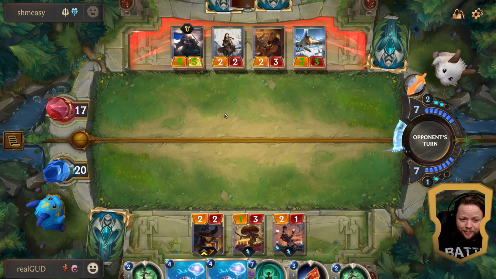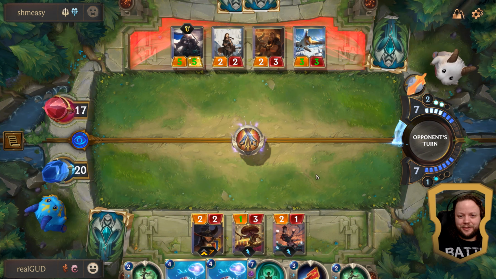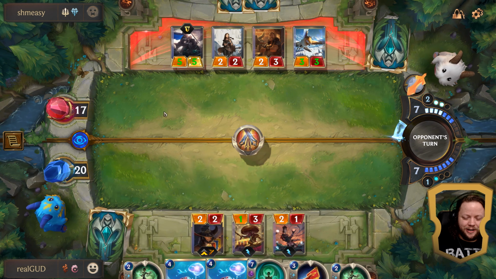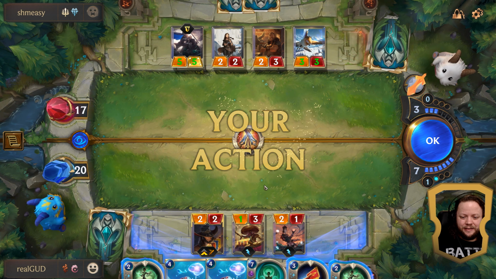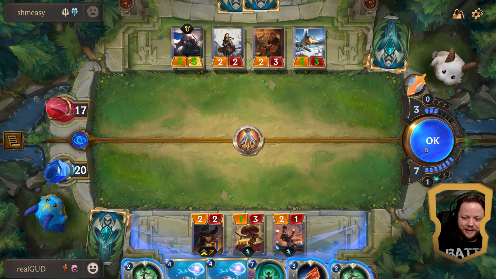If they just come in right now... Well, I mean, if they just come in right now, they don't get to 4 Demacia. Okay. So, by them playing 4 Demacia, we get the Zap Sprayfin here, which means we're in a fine spot. Really, we're just in a good spot. They don't get that much damage here, and we just recover from it with Ritual of Renewal anyway, so...